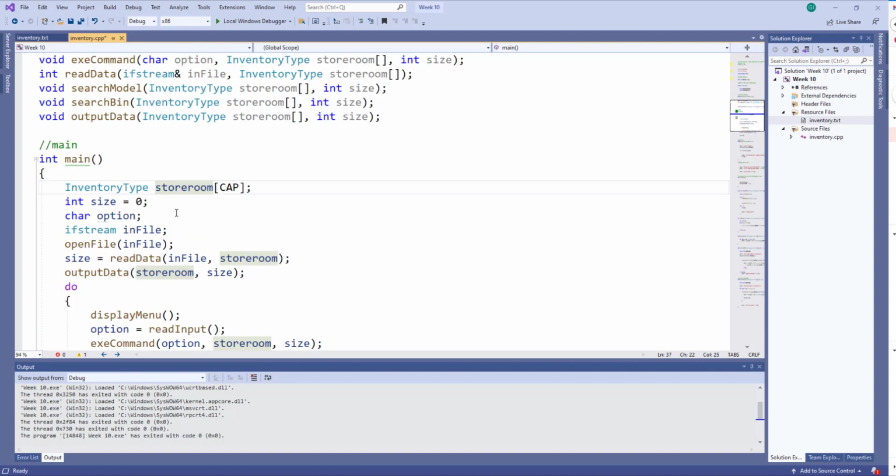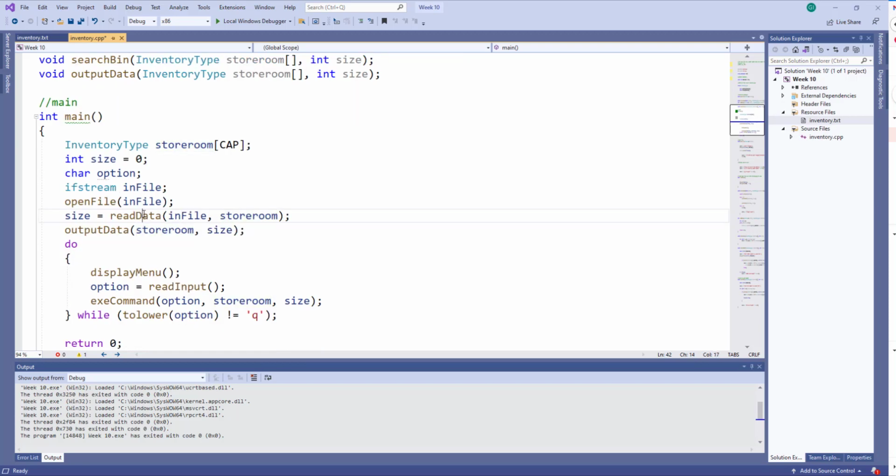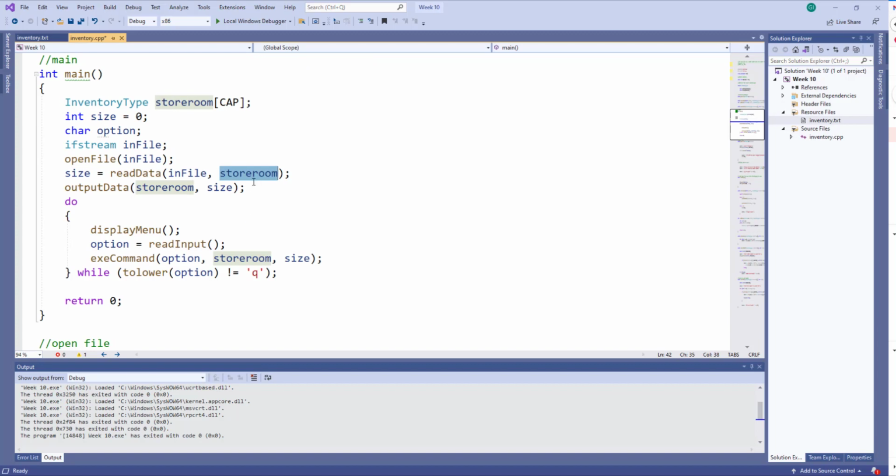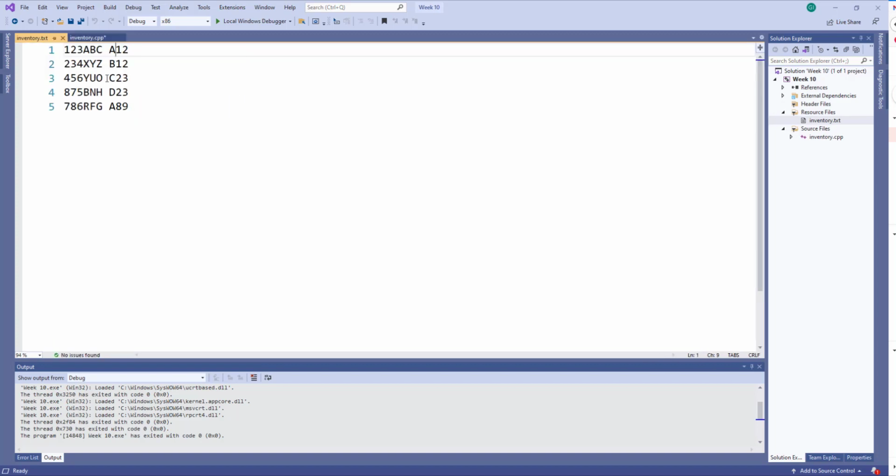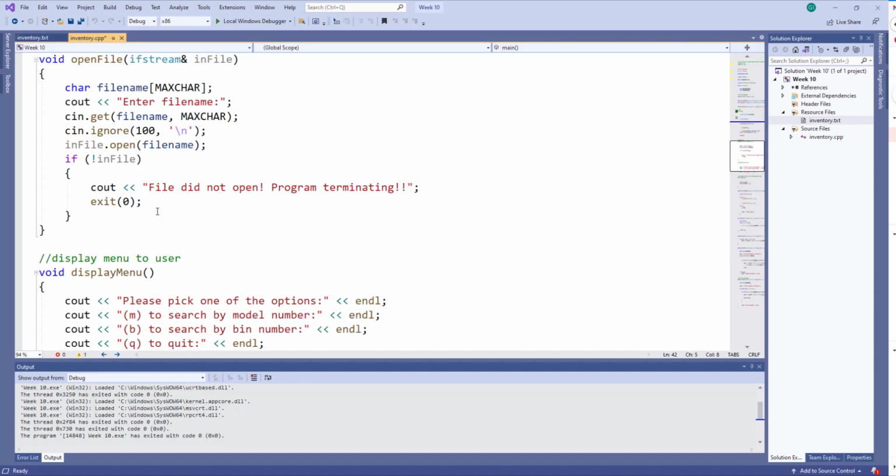I send both of them to my function called read data, which is going to go into a while loop, read from the file, put it into this array, keep count of the number of items that it's reading, just an integer, and return that. That goes into size. My size has been initialized to 0 here. So when this is done, my size ideally should have the number of lines I have in here, which is 5 right now. So let's jump to that function,